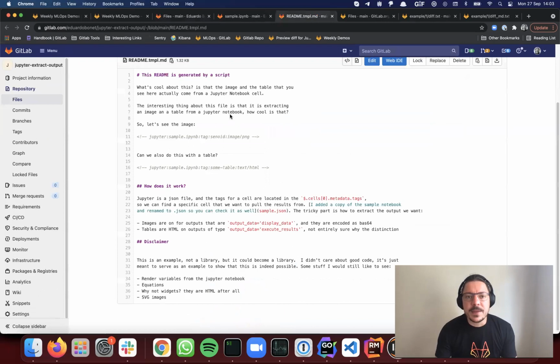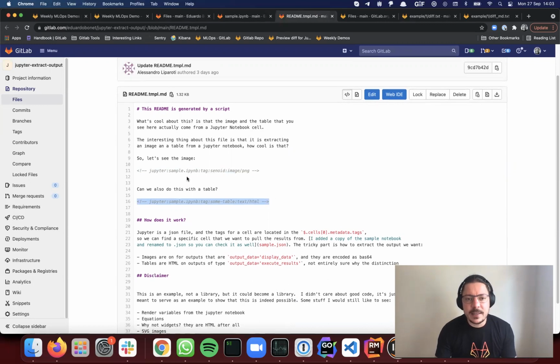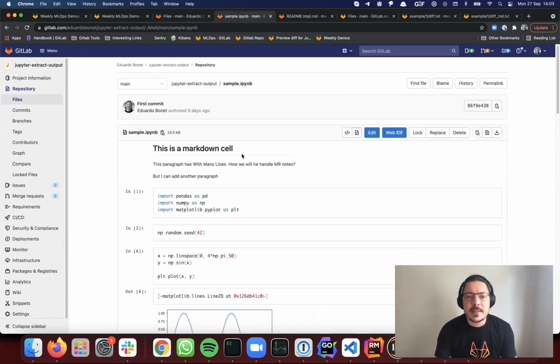This is the template for the README, and I add these two different tags that instruct the code that we wrote: okay, I will pick up an image from this Jupyter file, in this cell and with this type, and I will insert it into the README. Then I run the script, and it ends up